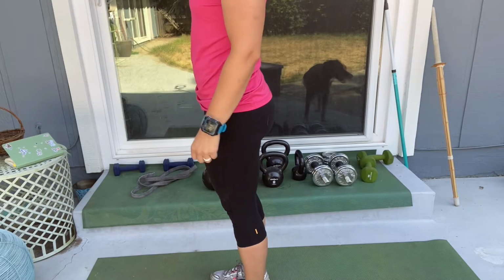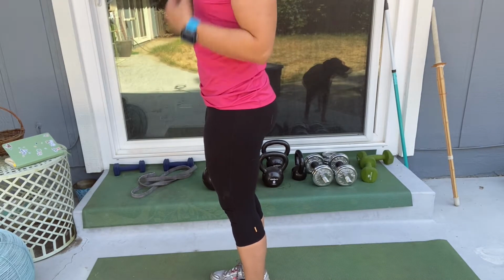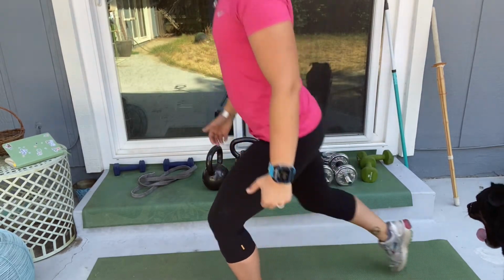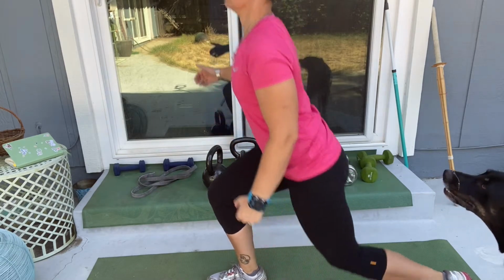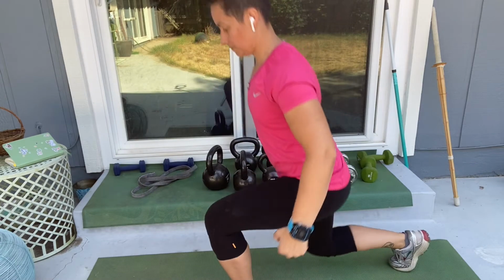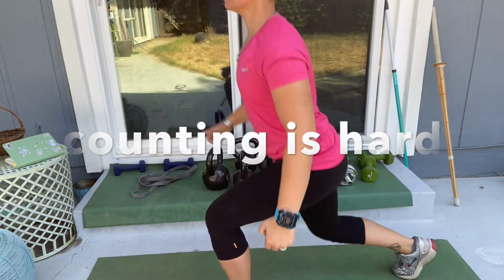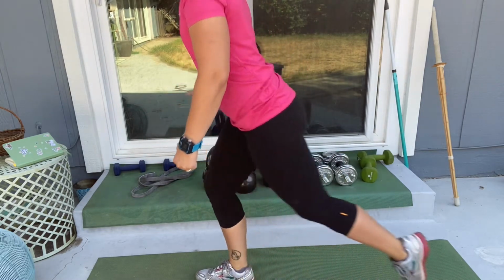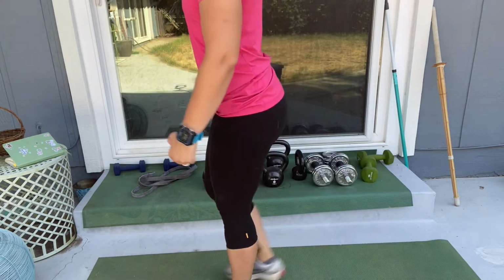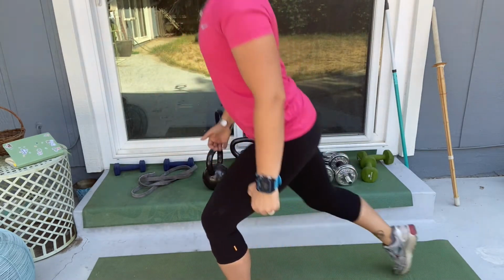I'm gonna start with the left foot going back, abs are tight, butt is tight, chest is up. 1, 2, 3. Make sure when you come up, you come all the way up, squeeze the butt at the top. 4, 5. Pressing through that front leg. 6, 7, 8. Abs tight. 9,